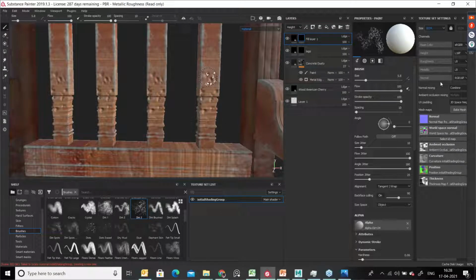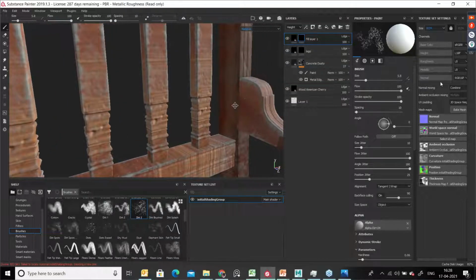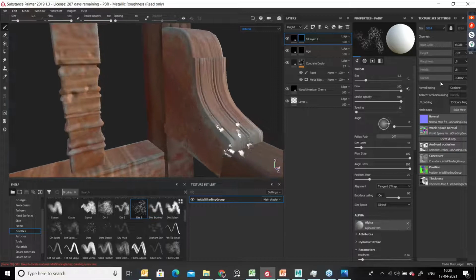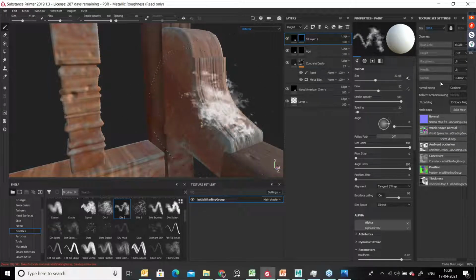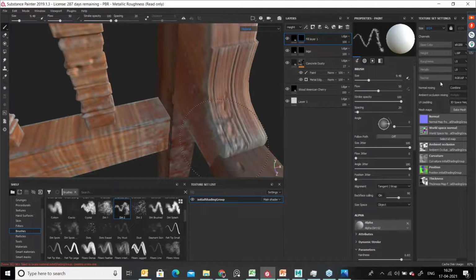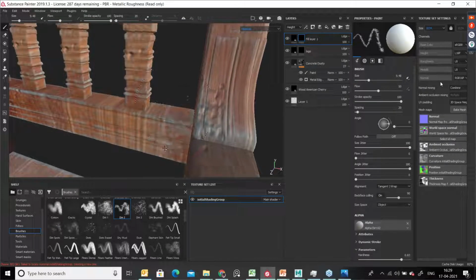So don't do that. Just press X to remove this, and I can go here, and this portion is also very sharp. You can try to change some brushes, and increase and decrease the brush size, and make some damage over it.